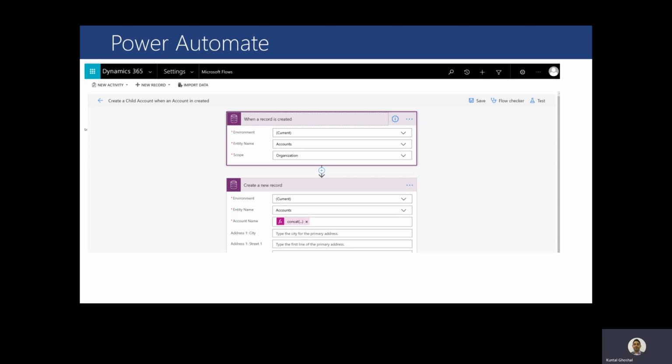The screenshot below shows the Power Automate. If you look at it, this particular Power Automate creates a child account when an account is created. It shows the current environment, the entity name is account, and the scope is organization. Again, you can change the scope depending on the level of access you want to give to this Power Automate. When you create a new record,